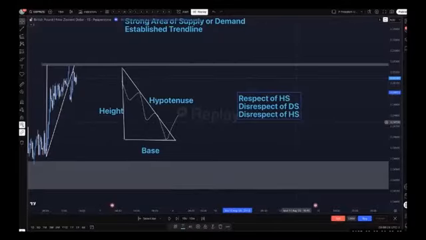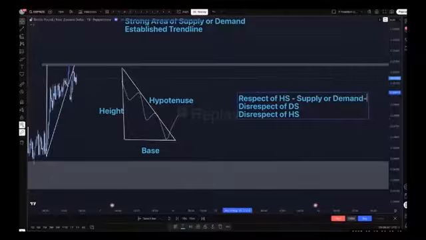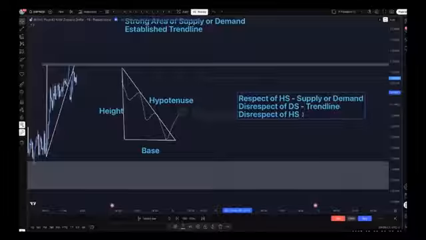Now let's define this a little bit more. Horizontal structure is going to be supply or demand. This right here is going to be our trend line. Diagonal structure being our trend line. And then our horizontal structure, finally, what we call